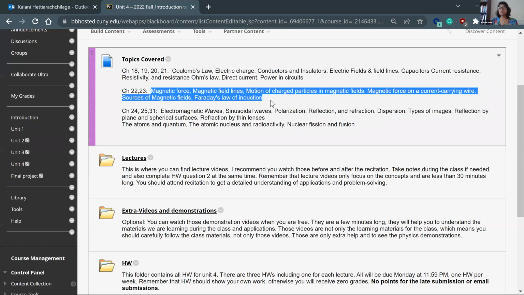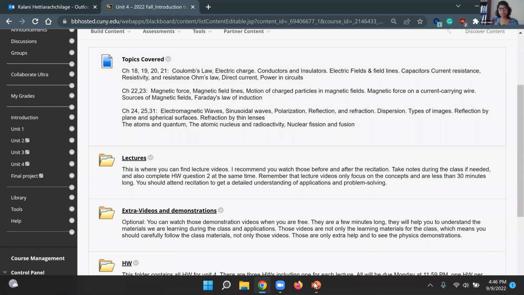In your textbook, this will actually be chapters 22 and 23 together. Again, there is a lot of information under these two chapters, but we're going to discuss it very conceptually to get an understanding of why we need magnetism phenomena in your technology, in your medical instruments, and in other devices that you use. Why do we need to know magnetism, right? So now in this section, let me share my